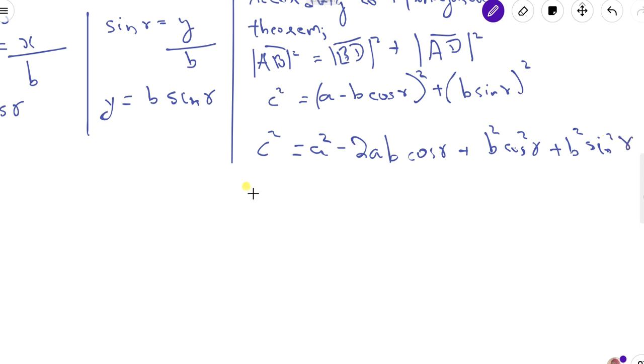Alright, so this shows that c square is equal to a square minus 2ab cos gamma